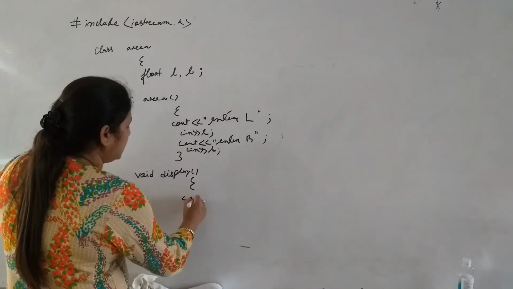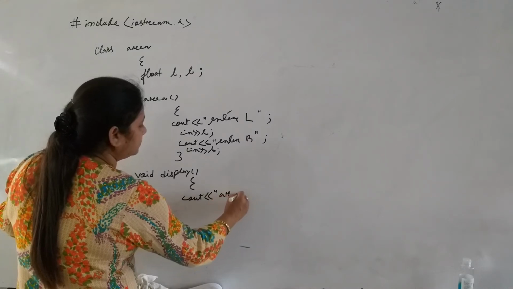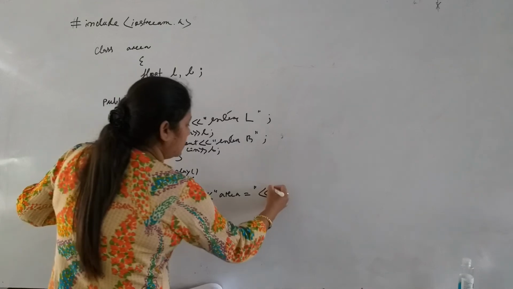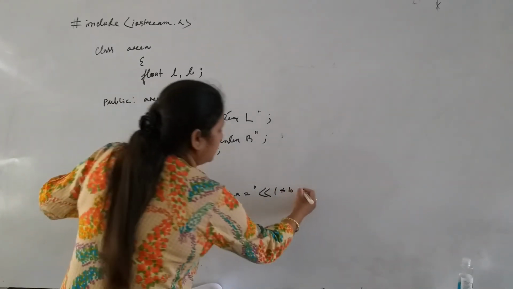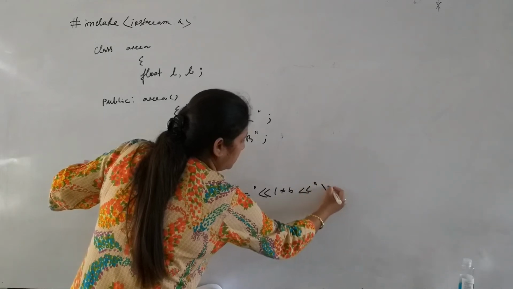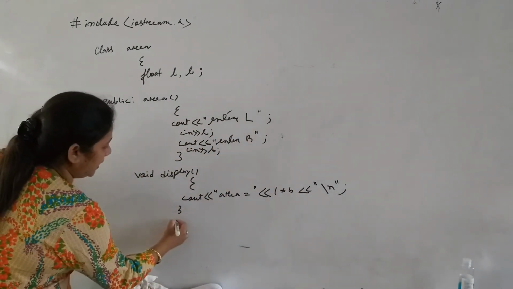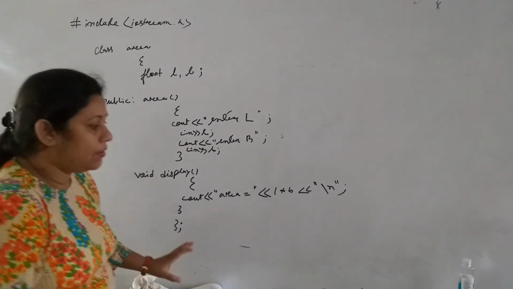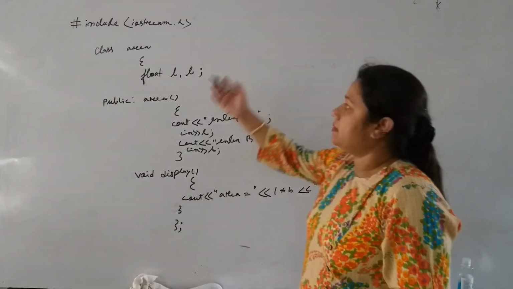So cout area equal to L into B. Okay, end of display function and end of the body of the class. Okay, now I complete the